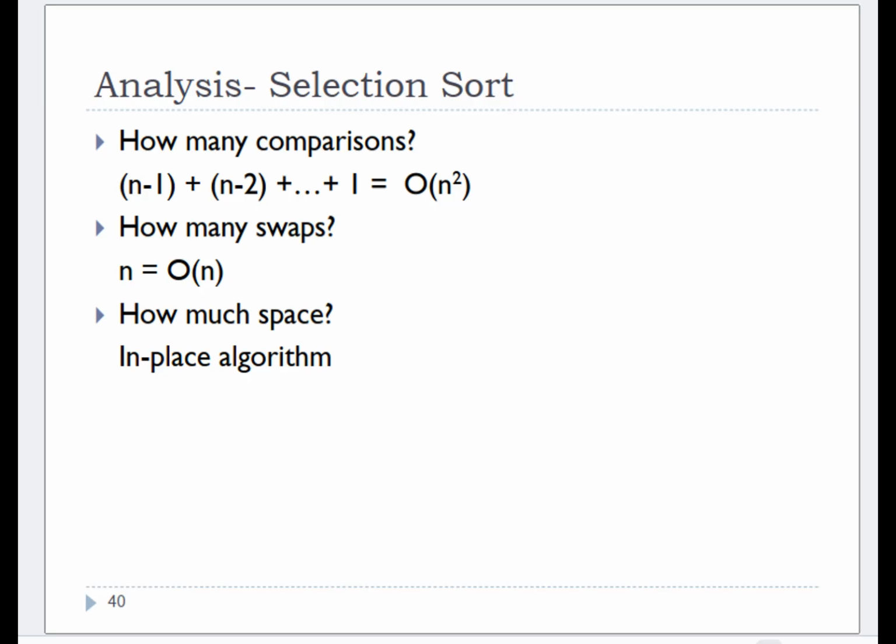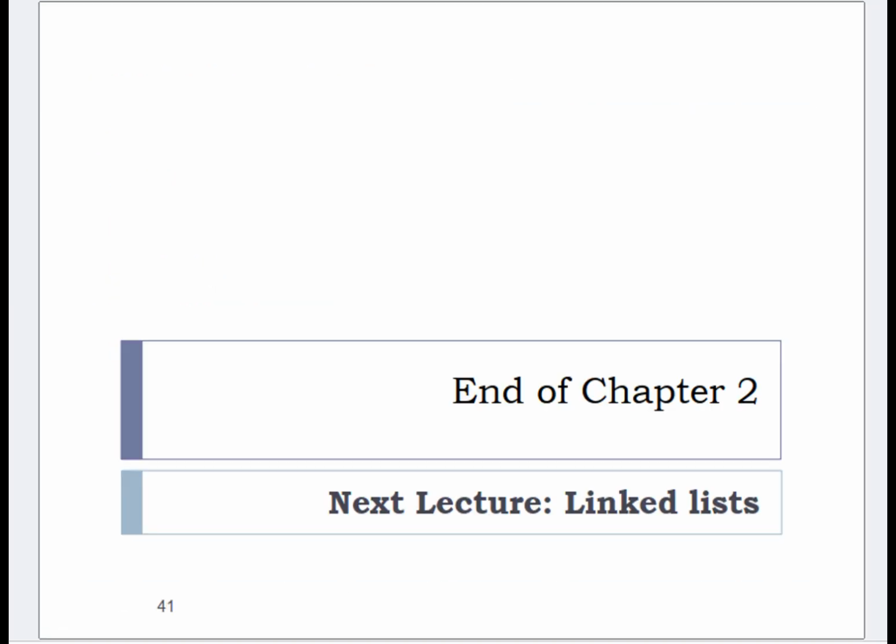Analysis. Selection sort. How many comparisons? (n-1) plus (n-2) plus up to 1 equals O(n squared). How many swaps? n equals O(n). How much space? In place algorithm. End of chapter 2. Next lecture,